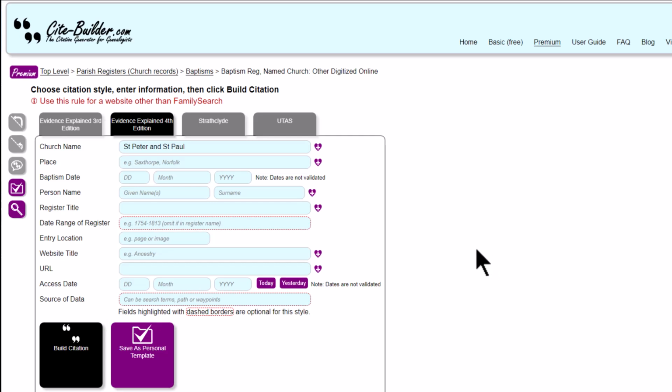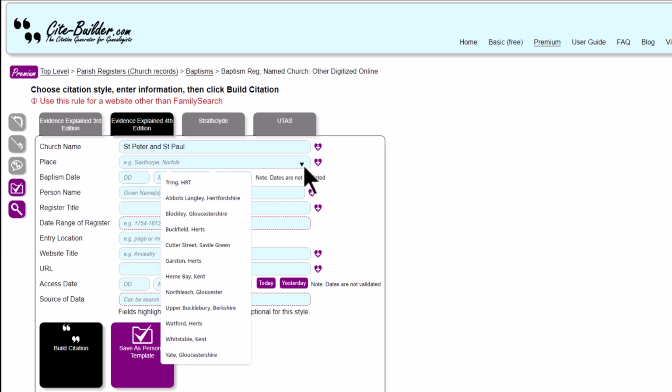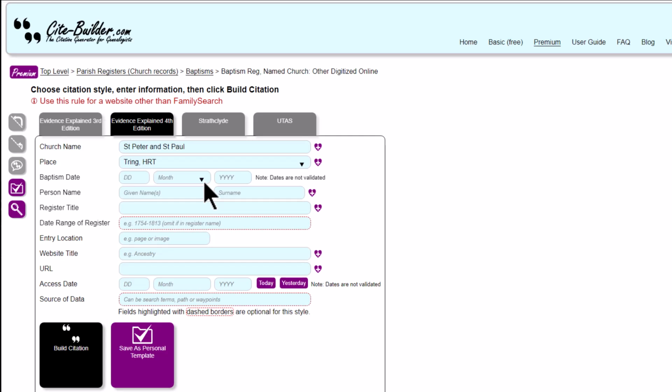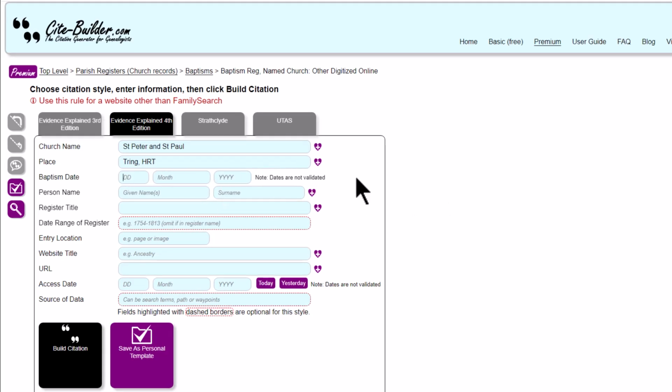Let's move to the place, and I'm just going to pick Tring, Hertfordshire. Let's come on to the baptism date. Now, different types of source and citation styles often require the dates in different formats. For example, Strathclyde would require a single-digit day to be prefixed with a leading 0. We take care of that on the back end of Cite-Builder. So you just put in the date in whatever format we show you, and Cite-Builder will put it into the correct format. In this case, I'm going to put in the 10th of March, 1801,